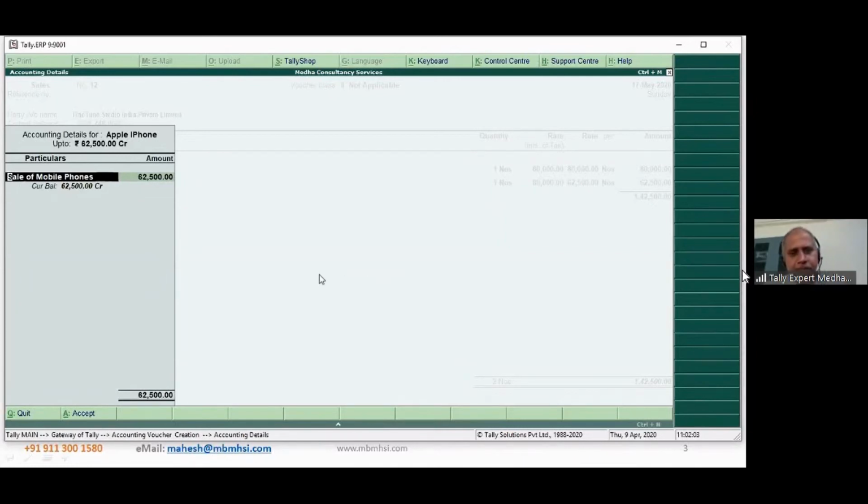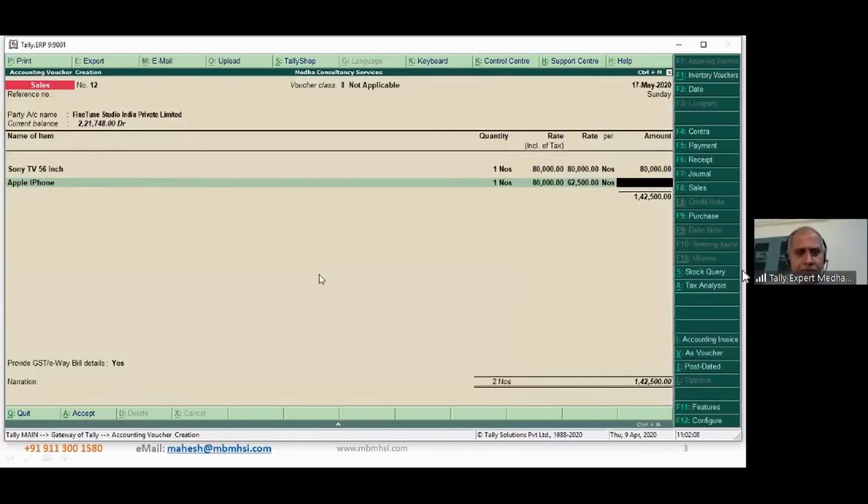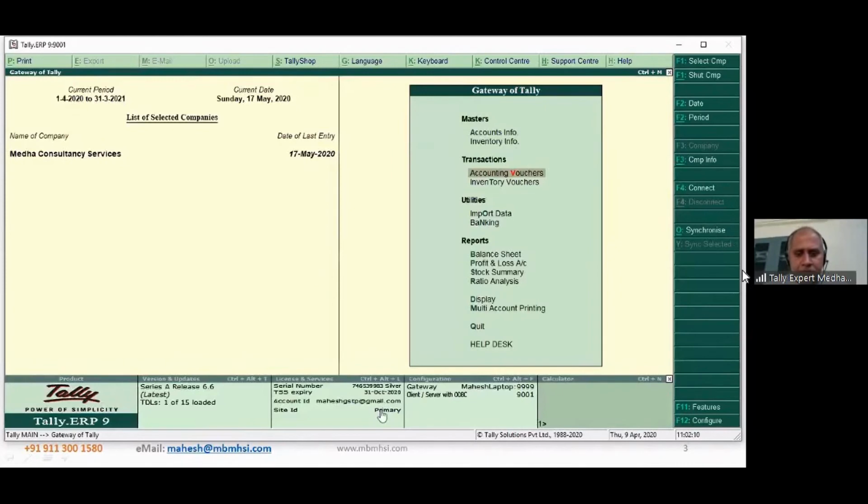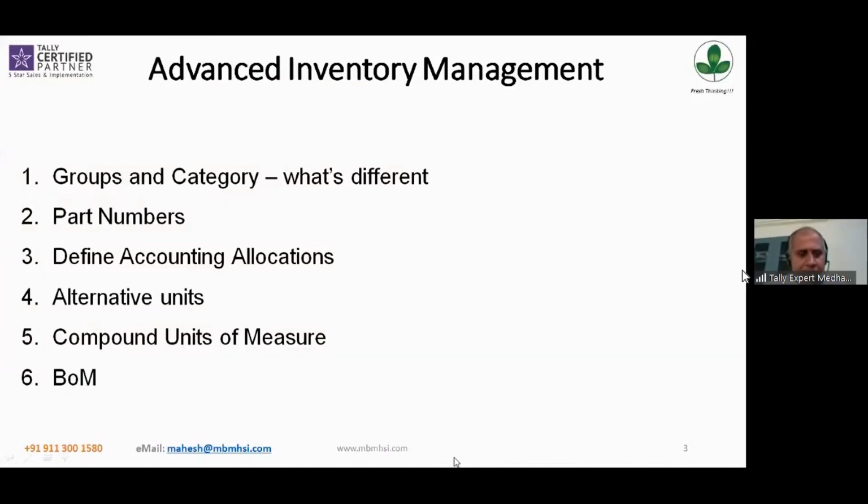Okay, so let's move forward. The next topic is about alternate units. So there is unit of measure. All of you know how to create unit of measure, how to link unit of measure.